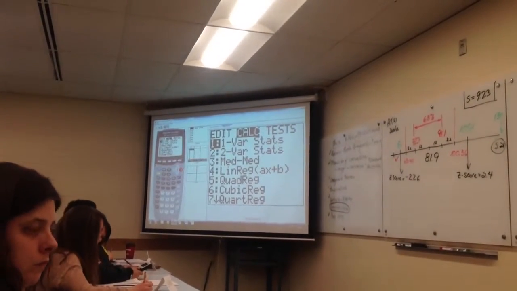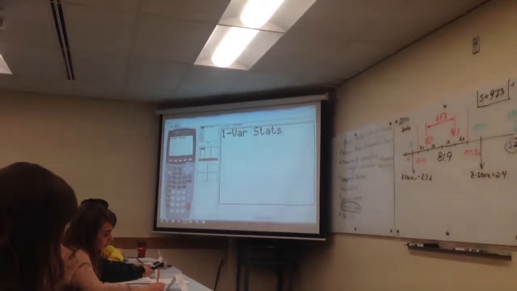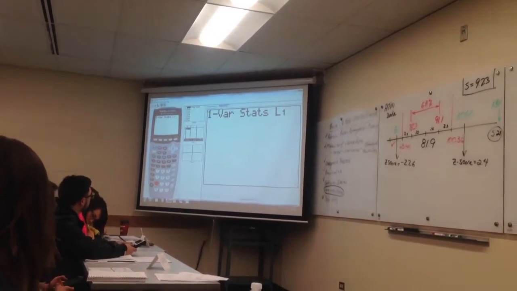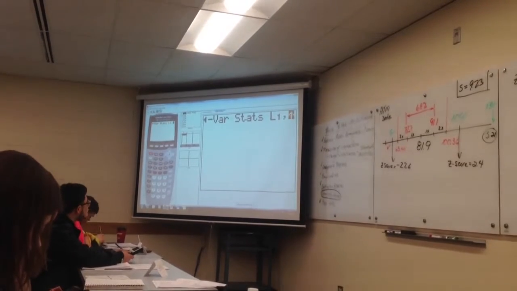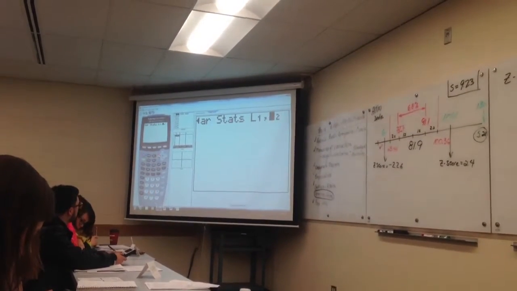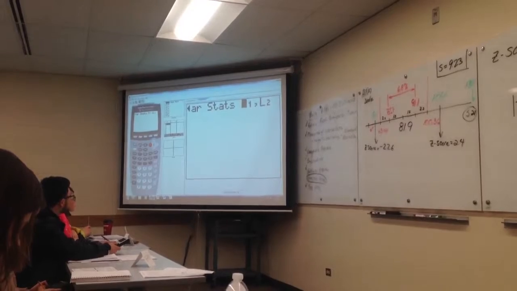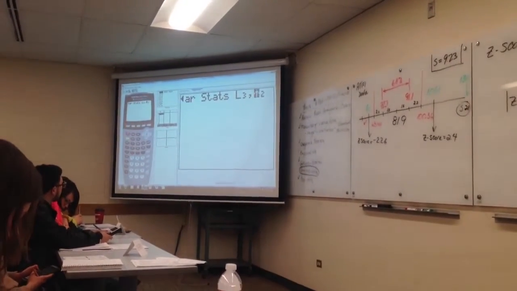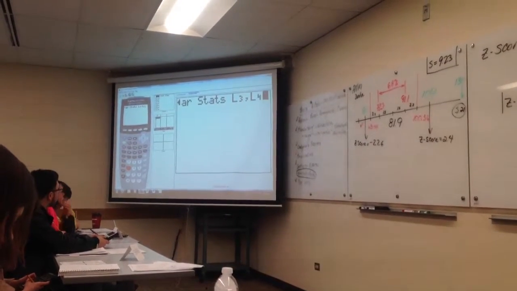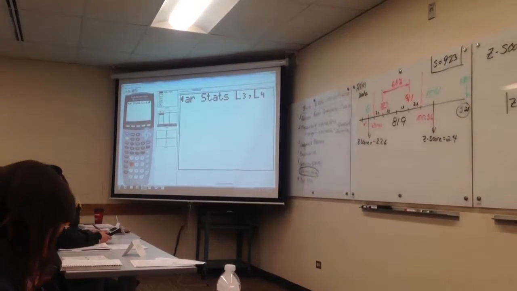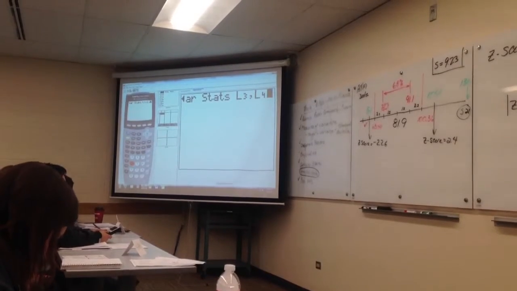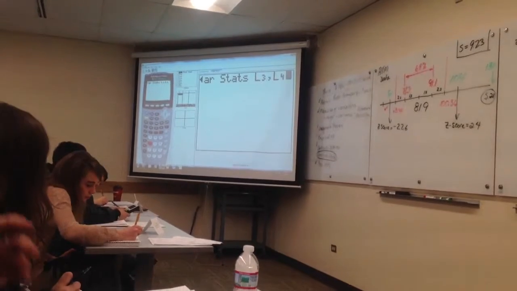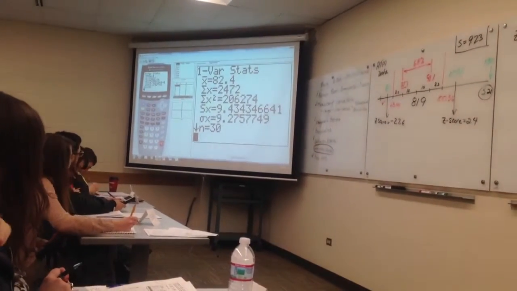So I'm going to go one variable statistic, list 1, comma, list 2, or not, I'm sorry, I apologize. It's list 3, comma, in my case, list 4. So I'm telling the calculator the data, the midpoints are in list 3, but you need to go to list 4 to see how many times you need to count that piece of data. If I hit enter,